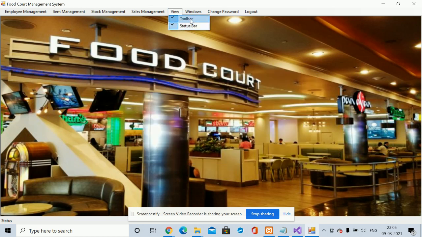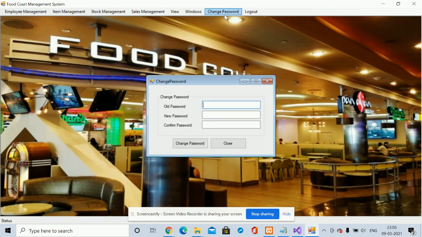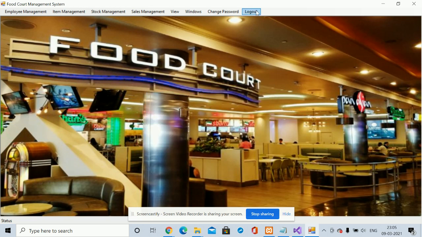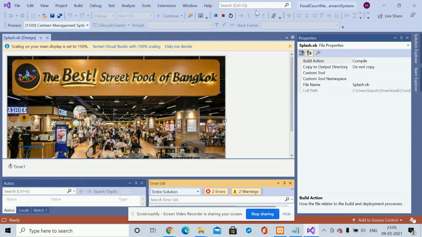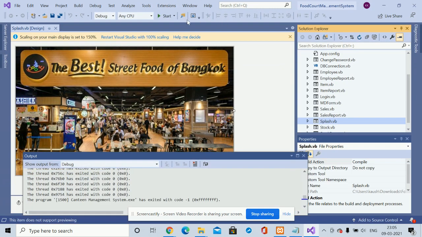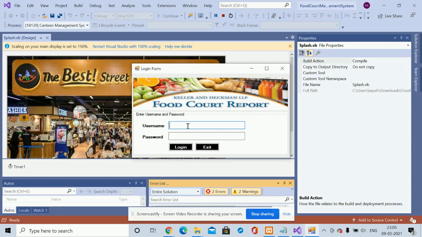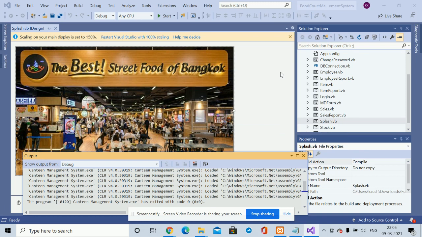This is a normal default functionality. This is Windows Cascade, also a default functionality. This is change password, from where you will be able to update your account password, and after changing your password, you will be able to log in with your updated password. This is logout. Once you click on logout, your session will expire and you will not be able to access the page without logging in, right? To access that page, just click on the start button, and after that you can log in again and access those dashboards, right? So these are all the functionalities I have developed inside this project.